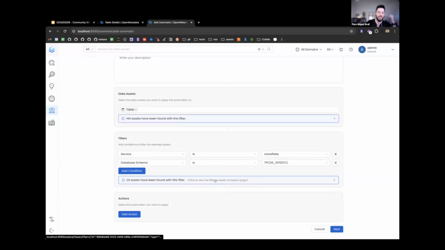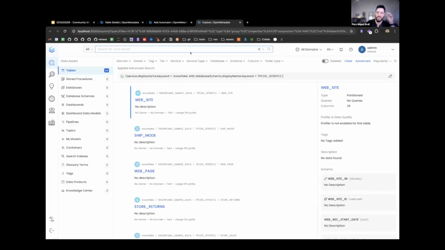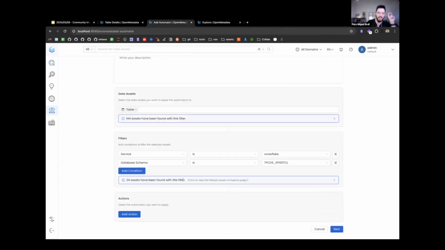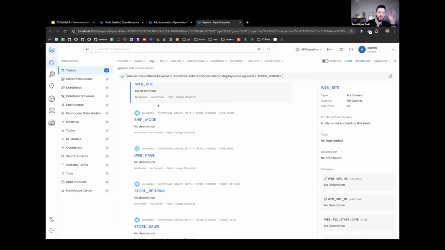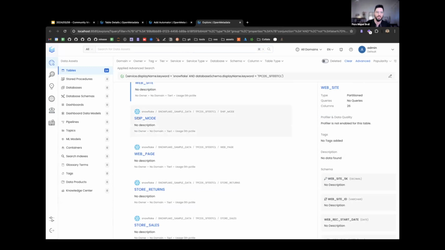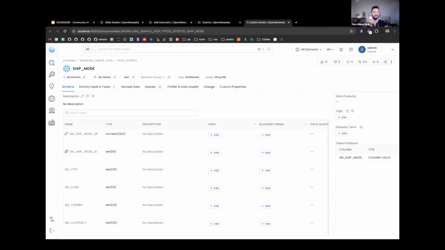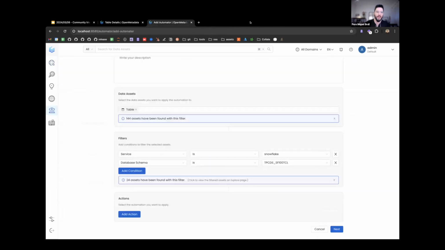And once you have selected these assets, you can go and double check, like, okay, am I really going into the right place, right? Am I making sure that I am targeting the right table? So directly here, we have the link that is going to redirect us to this Explore view where I can just make sure that, okay, yes, these tables look good. Maybe I want to double check what this table contains, try to understand a bit more what it is that I'm actually targeting here. And once I'm happy with the assets that I'm selecting, I can go ahead and